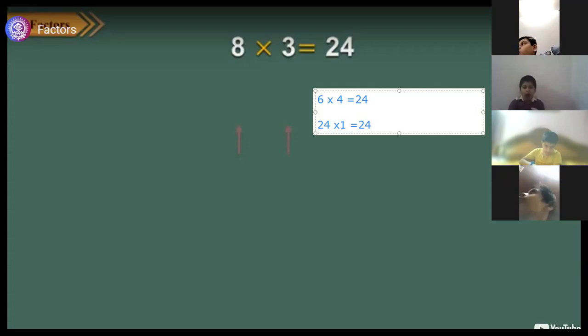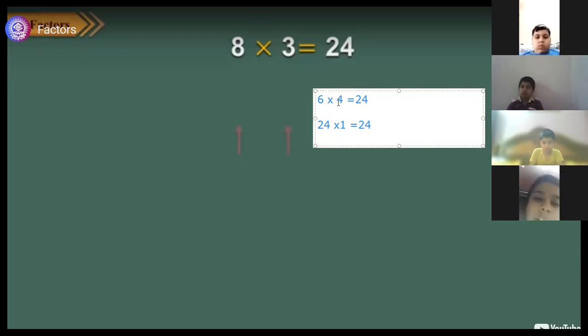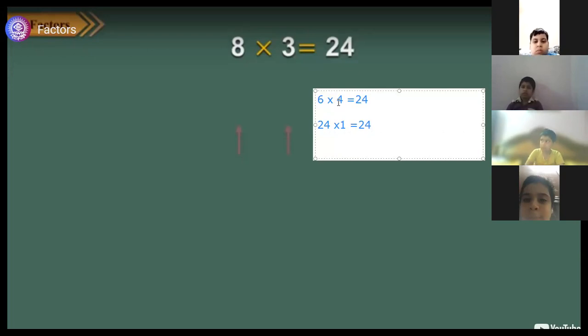Okay, beta? Means the numbers we are going to check from 1 to 9. Okay, we are going to check like this. So 1 we have already taken, means 24 one number we have already taken. Now we are going to check by 2. Can we multiply any number by 2 to find out 24? Yes. Is there any number? Then we are going to multiply any number by what, so that we can find our answer 24? Is it possible?